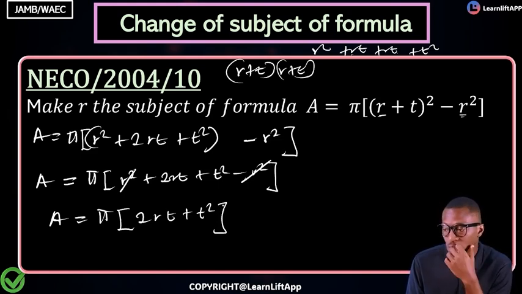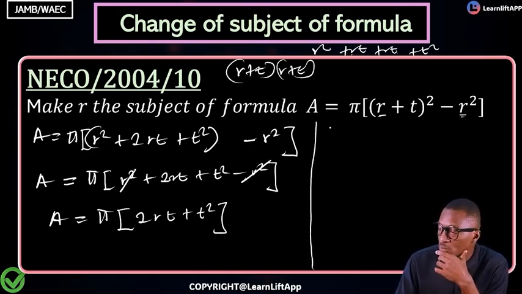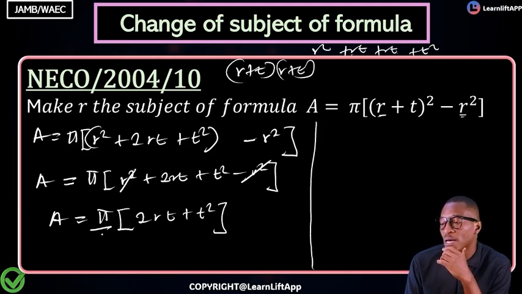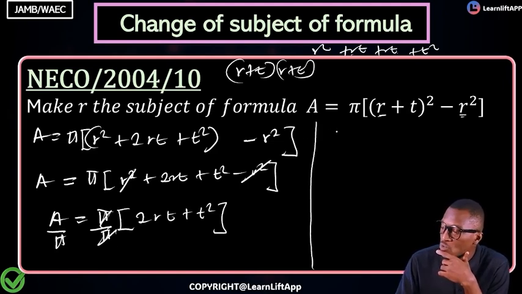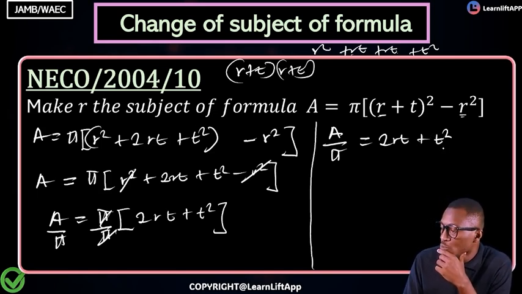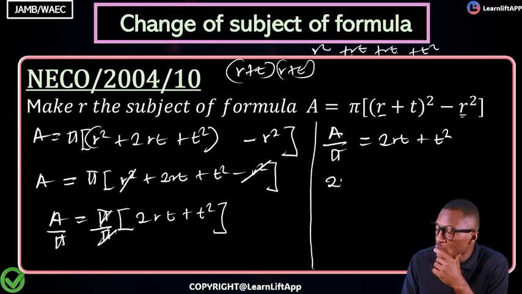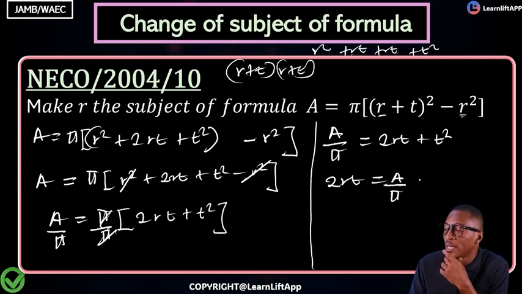We can decide to still expand so that we see what we are doing. Now we can divide both sides by pi, so this pi will cancel this pi. So we're going to have A all over pi is equal to 2rt plus t squared. Now remember that what we are making the subject is r. So we're going to have 2rt is equal to A all over pi